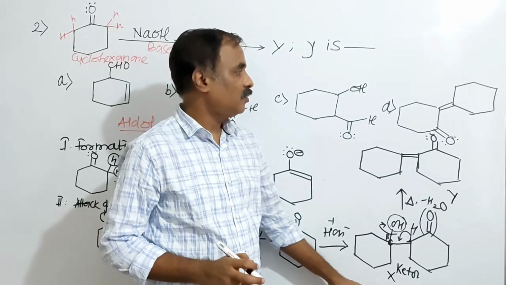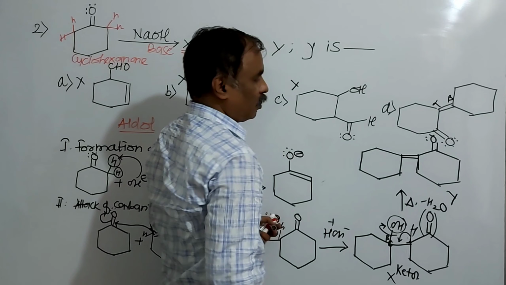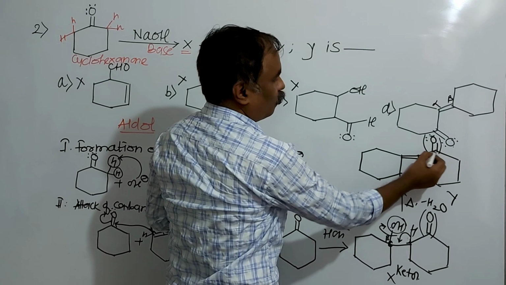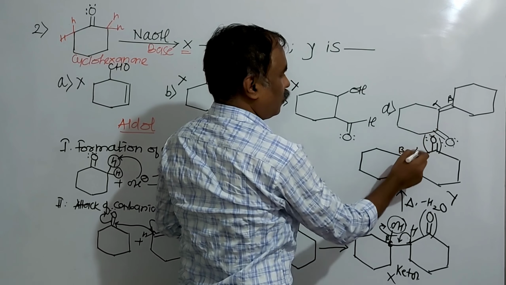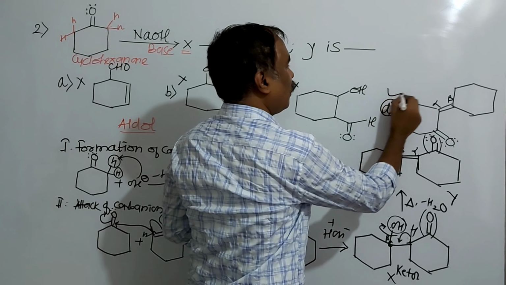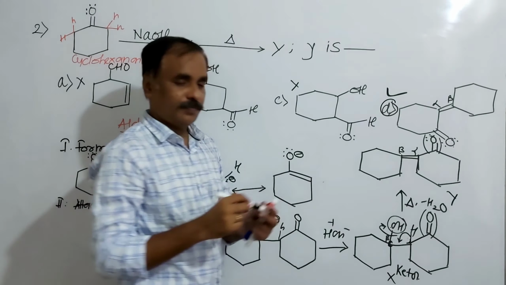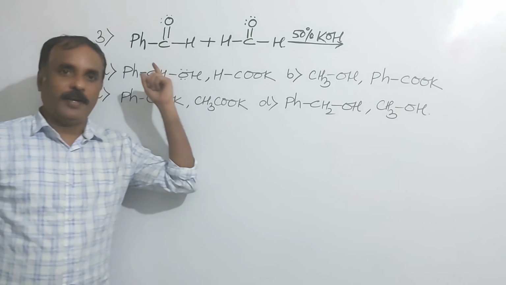See here. This is a carbonyl group, and with respect to the carbonyl group, this is alpha and beta. This is an alpha beta unsaturated ketone. Here it is the carbonyl group, this is alpha and this is beta, that is, an alpha beta unsaturated ketone. That is, these two are identical. So the answer is D. Is it? Here is the next question.